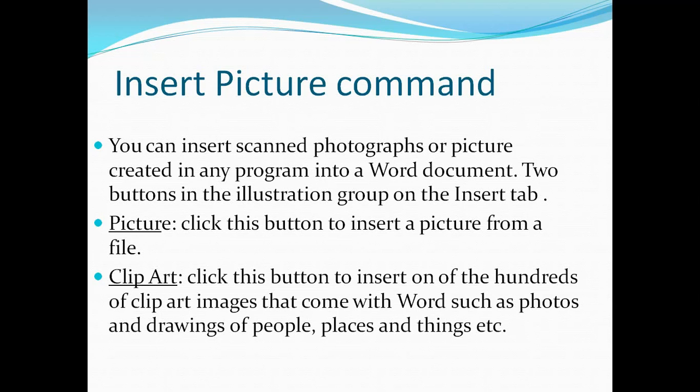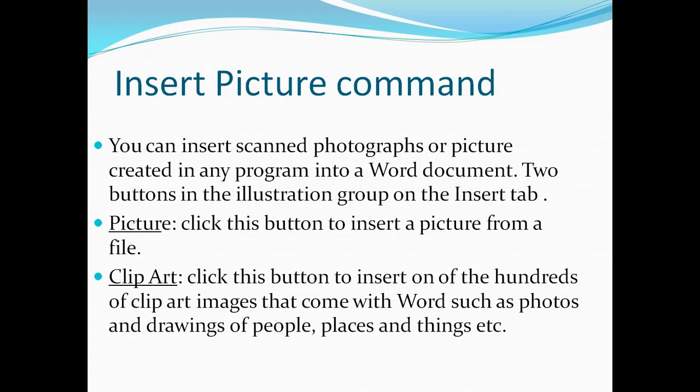There are two buttons in the Illustrations group on the Insert tab. First one, Picture. Click this button to insert a picture from a file. And second one is Clip Art.